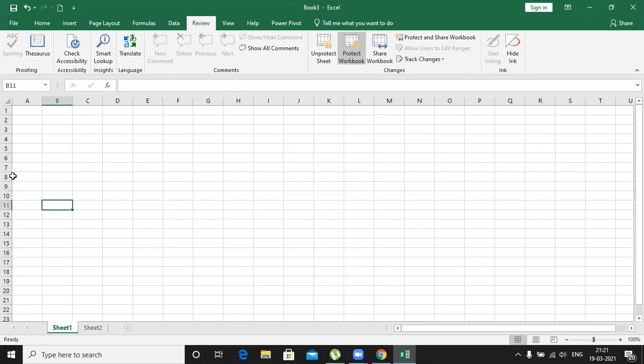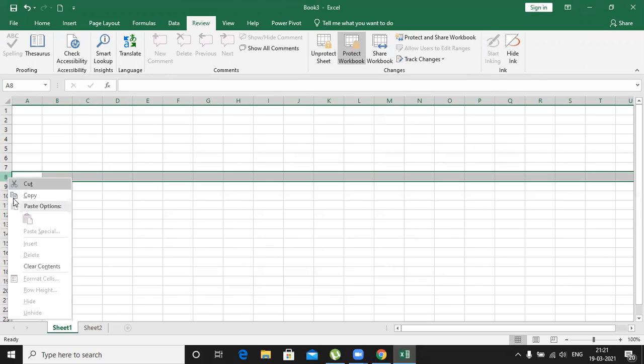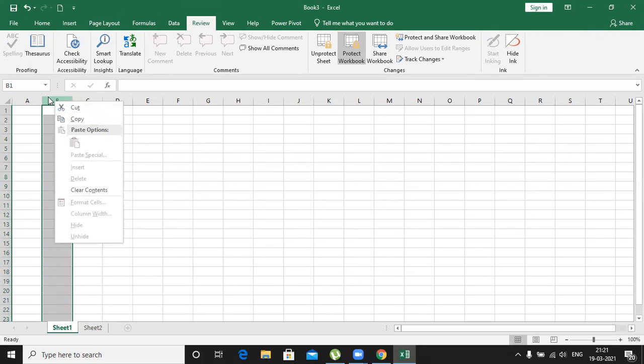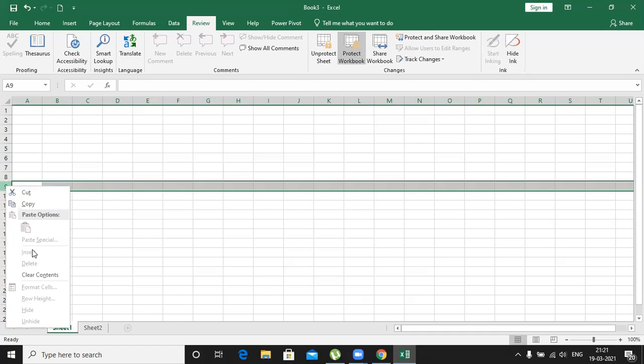But in this case, if I do right click and see, insert is not available, and here also insert column is not available, and insert row is not available. But I can do cut and copy, but insert and delete rows and columns are locked.